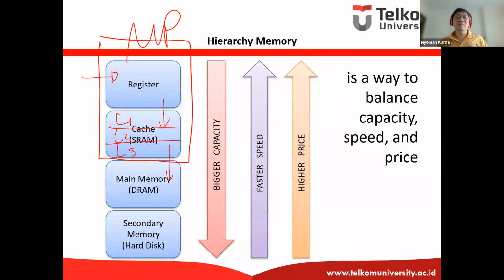So every time the microprocessor wants to calculate the data, first it checks the register itself. No, we don't have the data that you want. Please ask the cache. Okay, so then I'm going to check the level 1 cache. Do you have the data? No. Level 2 cache, do you have the data? No. Level 3? Okay, I have it. So the data inside the level 3 cache will be moved toward the register.